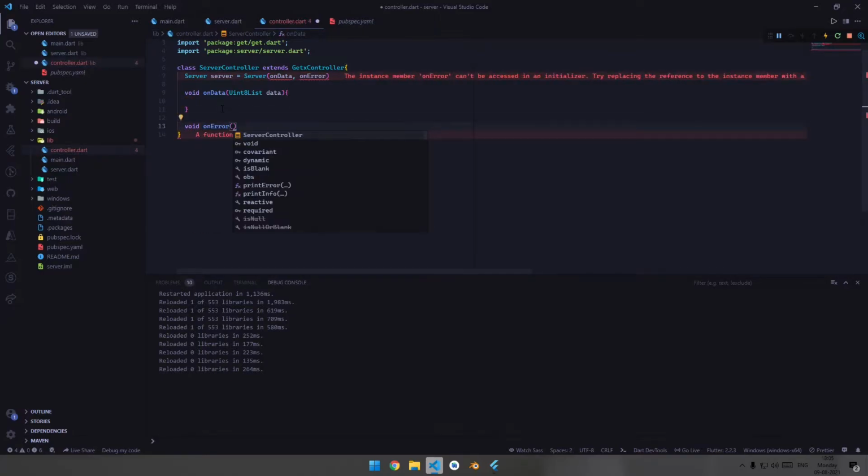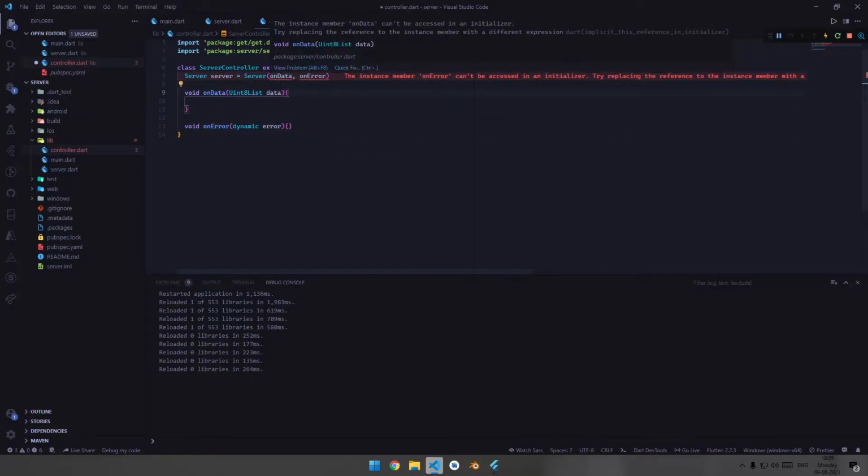Similarly let's create a function for the error too. Void onError, which takes dynamic, let's say error. You might have noticed that the error still exists in this code. That's because we have initialized over here.